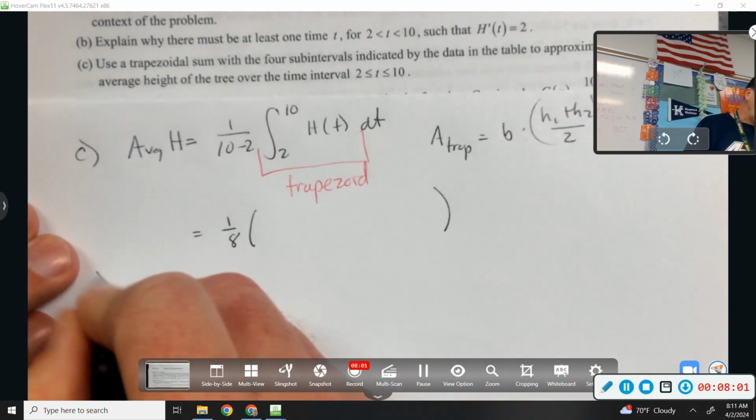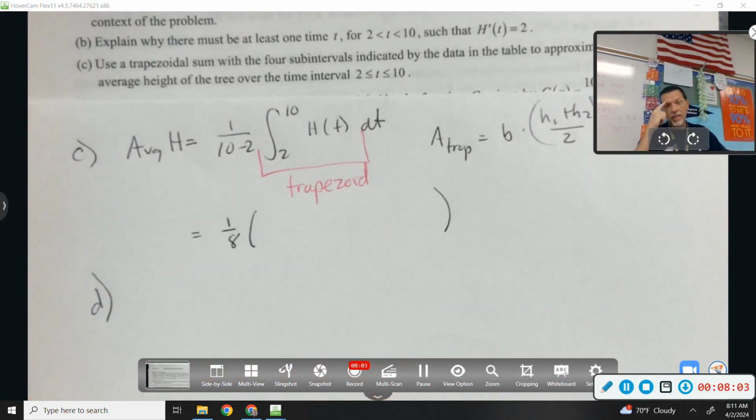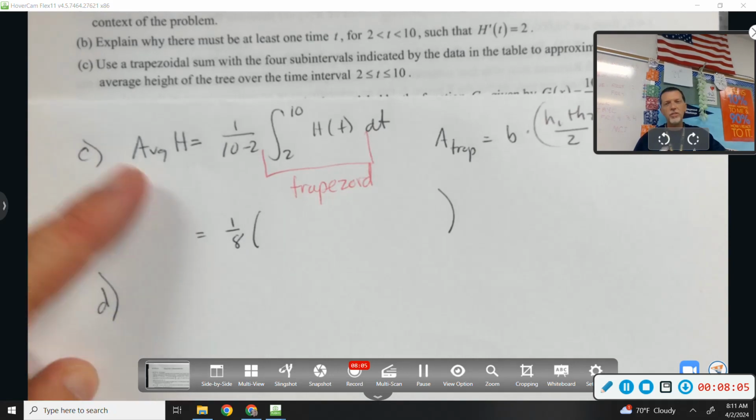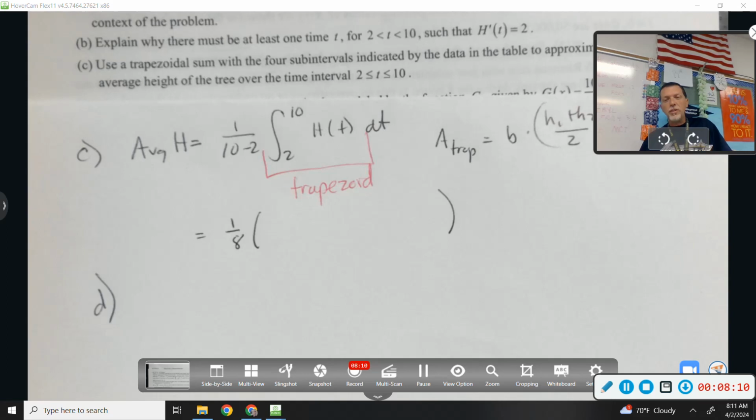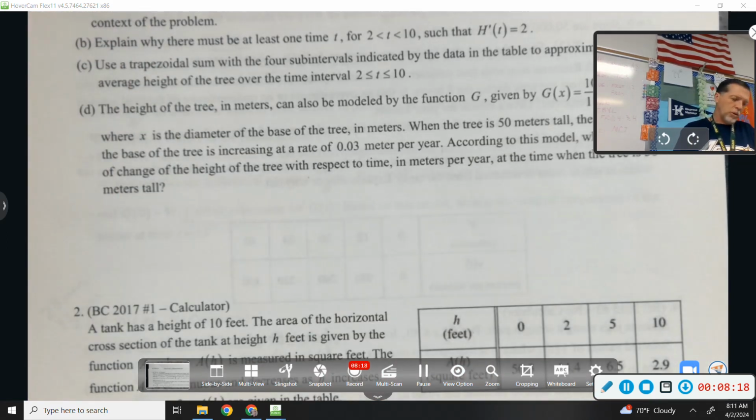I'm just thinking if you were pressed for time on the AP test, that might get you 1 or 2 points because you set it up. You're not going to get the full points, but at least you set it up. And if you're feeling pressed for time, like I literally am right now because the bell's going to ring soon, set it up, maybe move to the next one. Maybe the next one's shorter, or maybe you get the next one set up and grab 1 point off of it. I don't know. That's going to be rare. That's only going to be at the very end, but